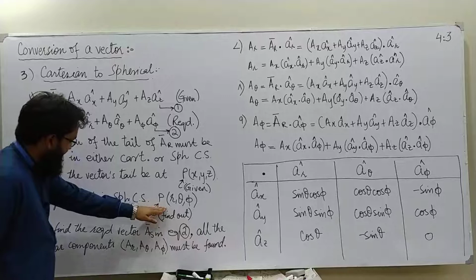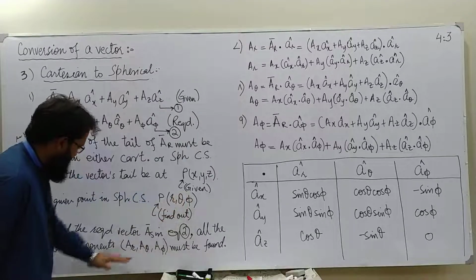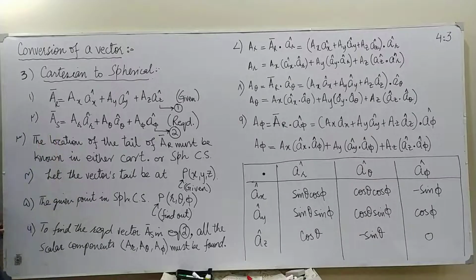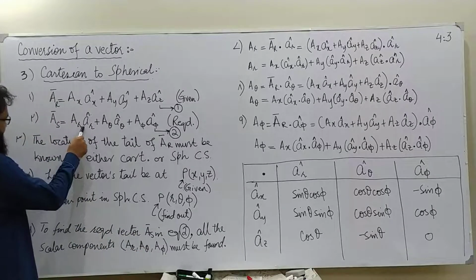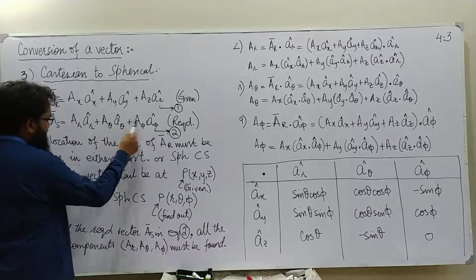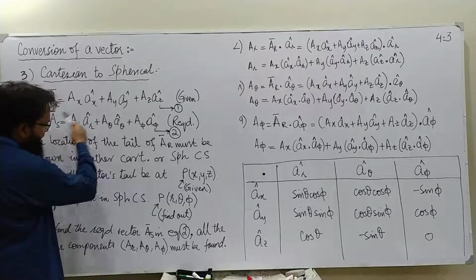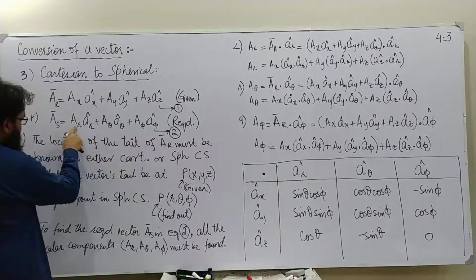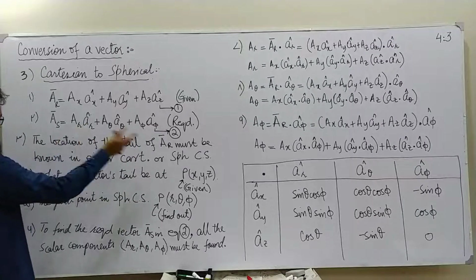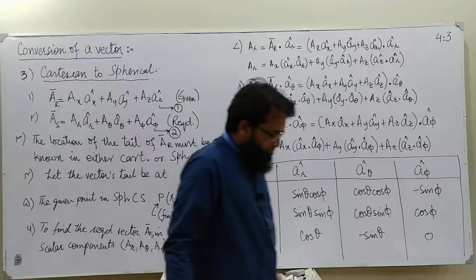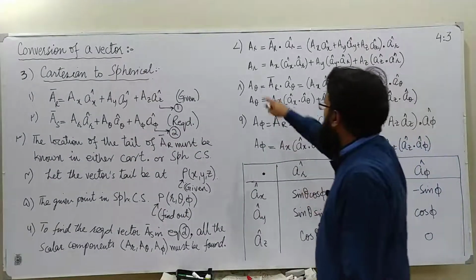Once we have found that point in spherical coordinates, we can proceed to find the required vector A subscript S, for spherical, by finding the scalar components of the required vector, that is A_r, A theta and A phi. The only unknowns in equation number 2 are the scalar components. Once we know these values, we will simply replace them in equation number 2 and we will find the answer. So the scalar component A_r is nothing but